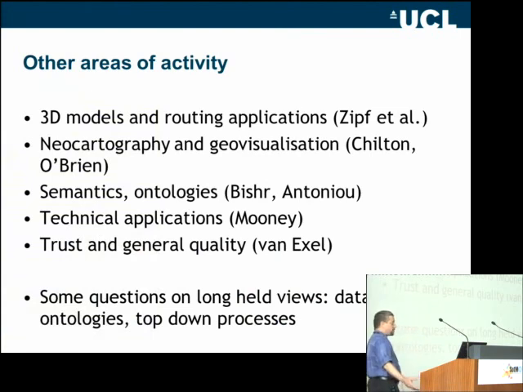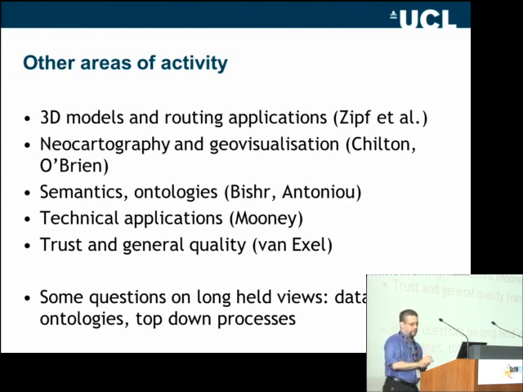Other areas of activity that are worth mentioning: there is the whole body of work on 3D models and routing applications. There is the whole neo-cartography that Steve mentioned yesterday. There are the areas of semantics and ontologies, so how you explain the way that the world is structured, the schema of OSM and what you do with it for different applications. There are technical applications that are being done in different parts of the world, and trust and general quality, which is work that's going on